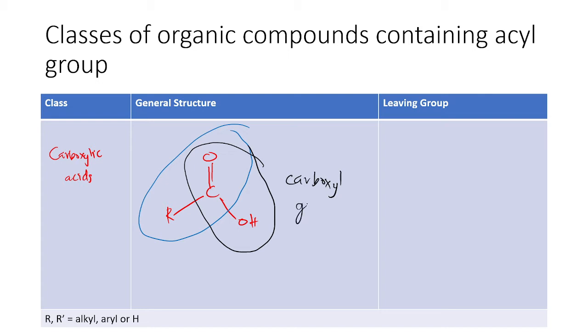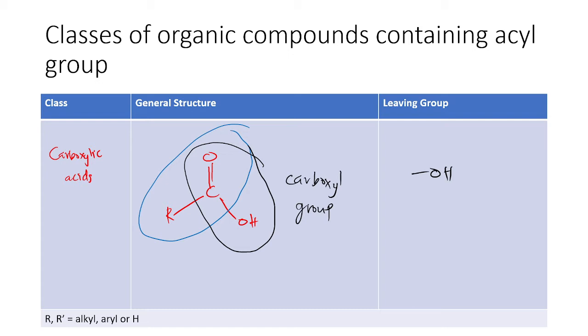So sa lahat ng acyl compound, ito lang yung may special na name para dun sa functional group niya, or yung para dun sa site ng reaction. And as you may see here, we actually have here a leaving group which is actually an OH. Or as you may have known in this class, this is what we call the hydroxyl group. Right? That is the first class of our